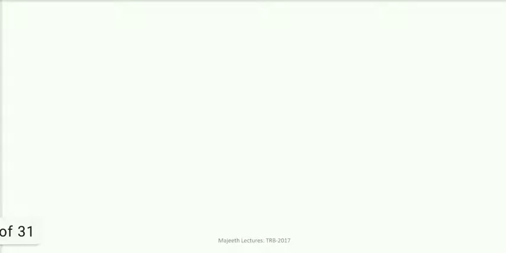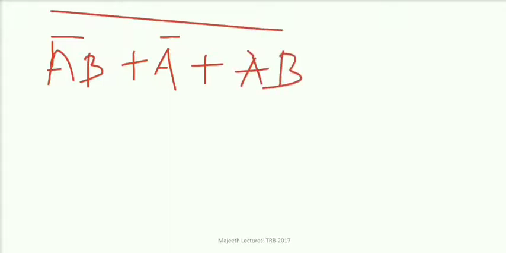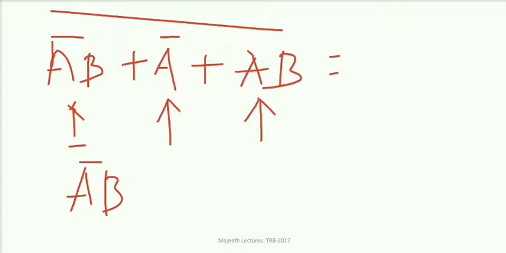So the given data is AB bar plus A bar plus AB whole bar. So you can correlate with De Morgan's theorem. Consider this as A, this as B, this as C. So A plus B plus C whole bar is equal to A bar. So A bar here is AB bar whole bar, plus B bar, here B is A bar, so B bar plus C bar AB bar.